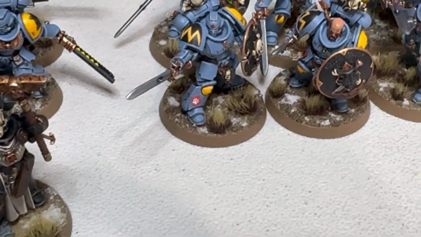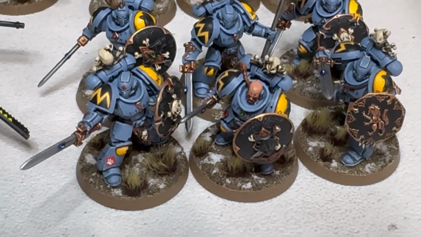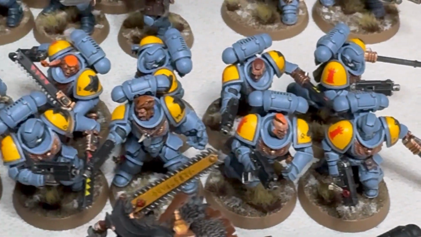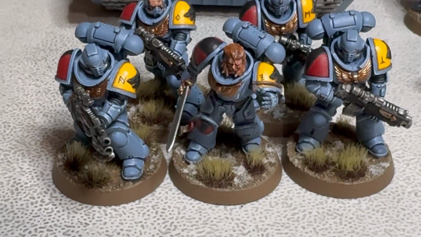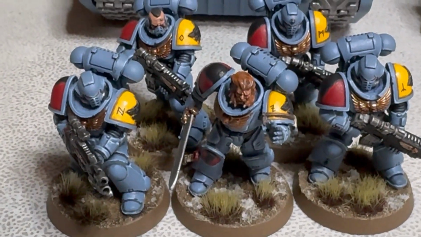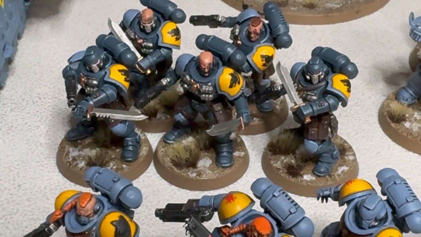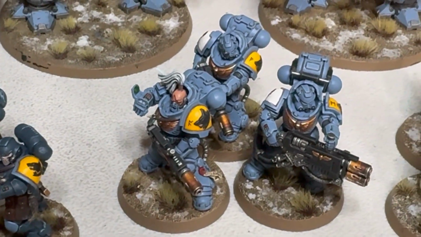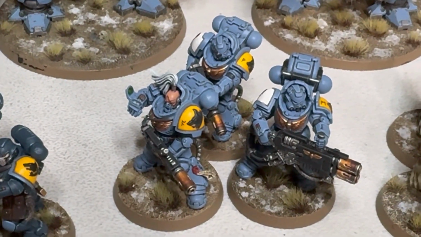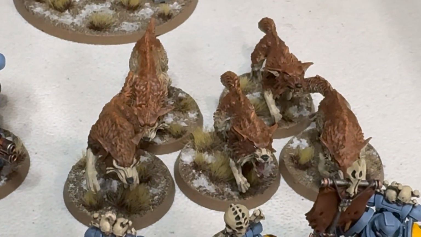Then we have 6 Blade Guard veterans, 10 Assault Intercessors with a Power Fist, 5 Intercessors with a Power Weapon and an Auxiliary Grenade Launcher, 5 Hounds of Mordecai for some Psyker hunting, 3 Eradicators with a Multi-Melta for anti-tank, 5 Fenrisian Wolves,